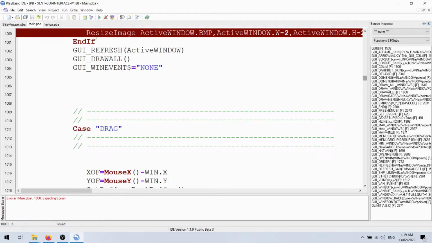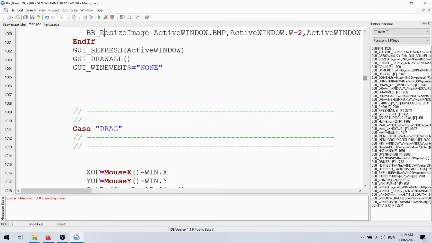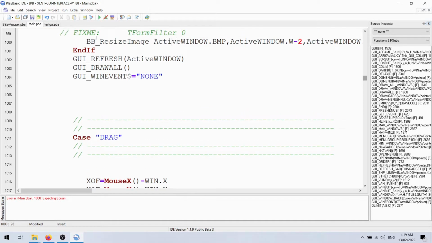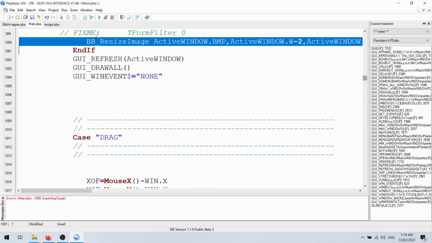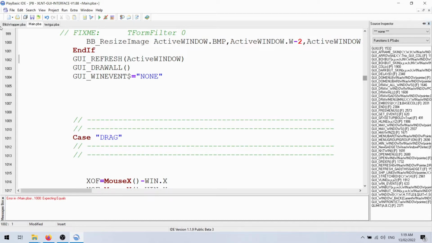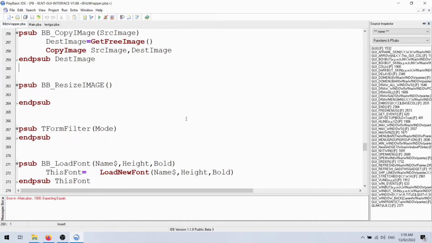Okay, so that's resize image. We don't actually have that function, do we? I don't think so anyway. We don't. So this is image, new width, new height,